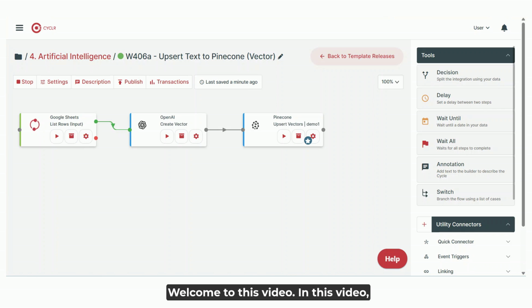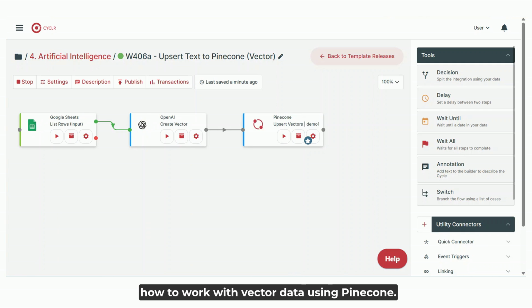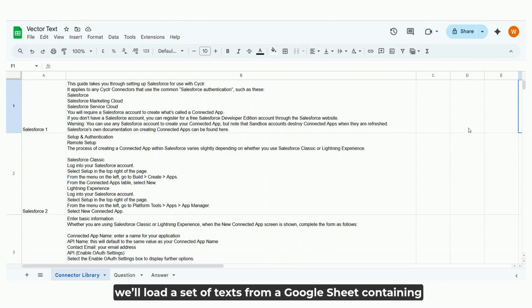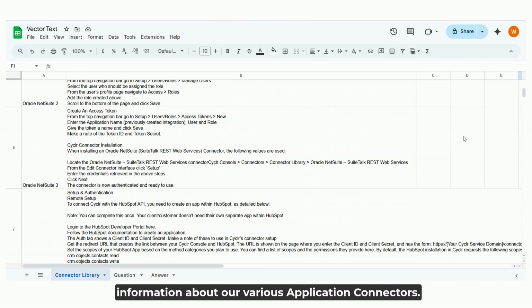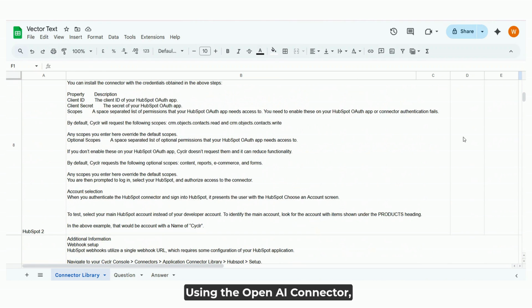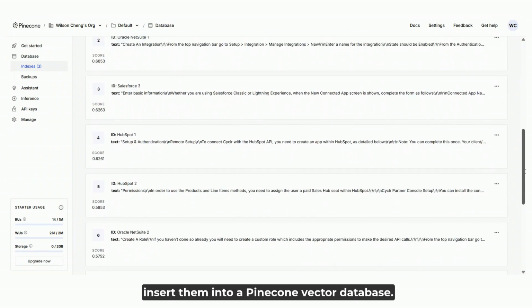Welcome to this video. In this video, we'll walk through a simple hands-on example that demonstrates how to work with vector data using Pinecone. First, we'll load a set of text from a Google Sheet containing information about our various application connectors. Using the OpenAI connector, we'll convert these texts into vector embeddings and insert them into a Pinecone vector